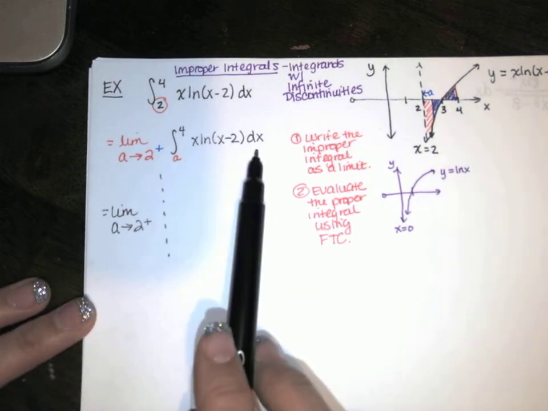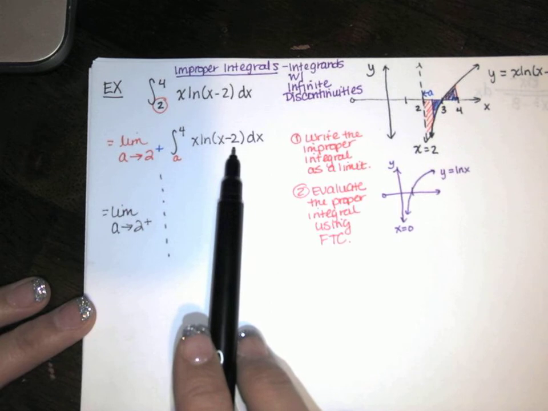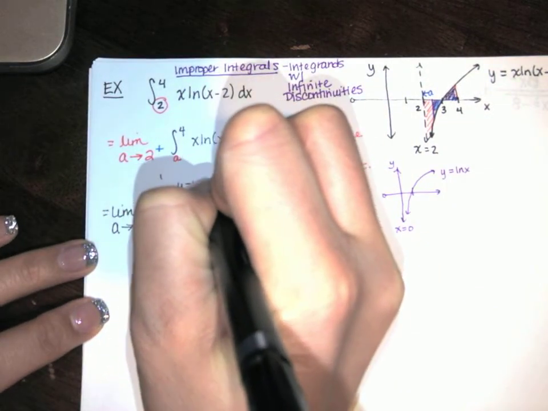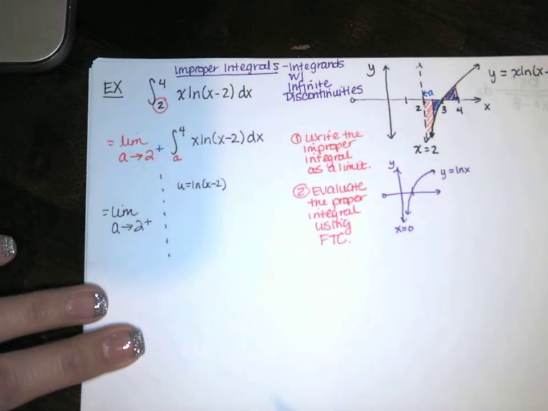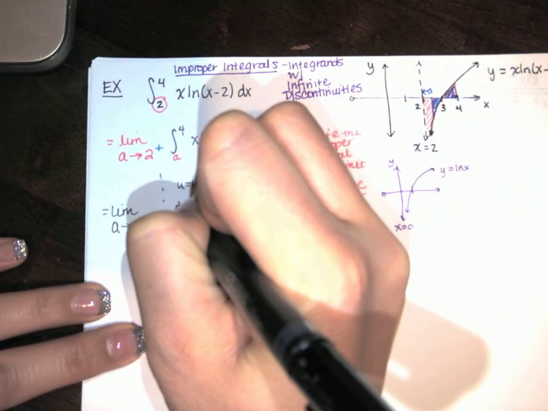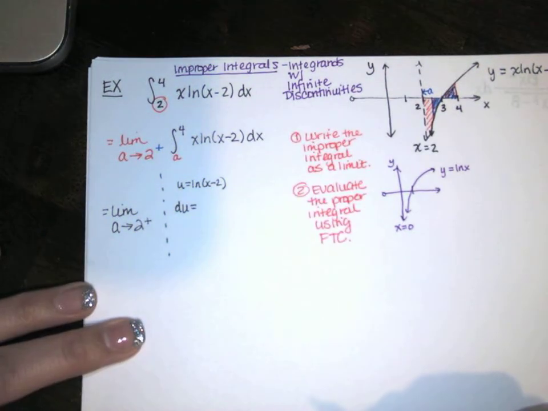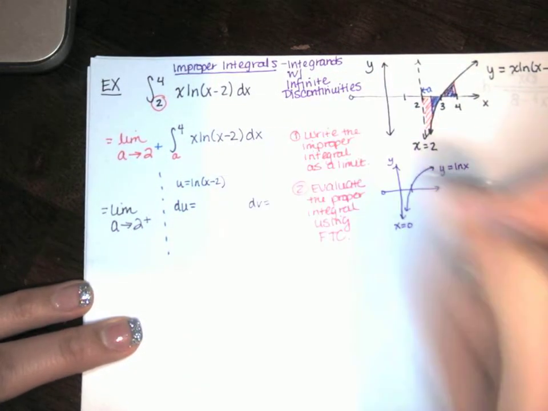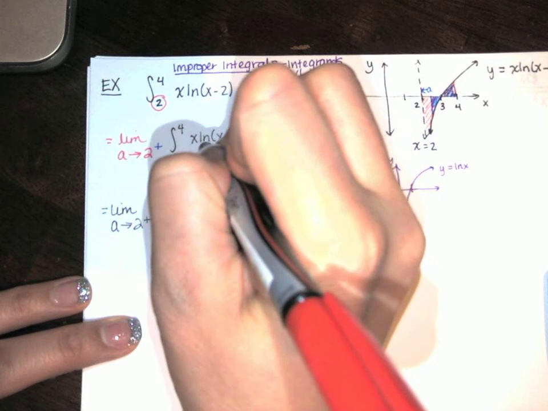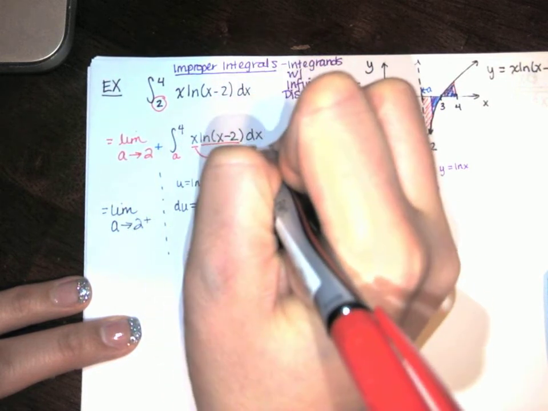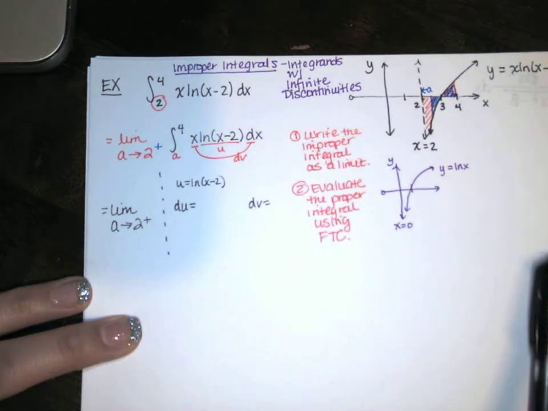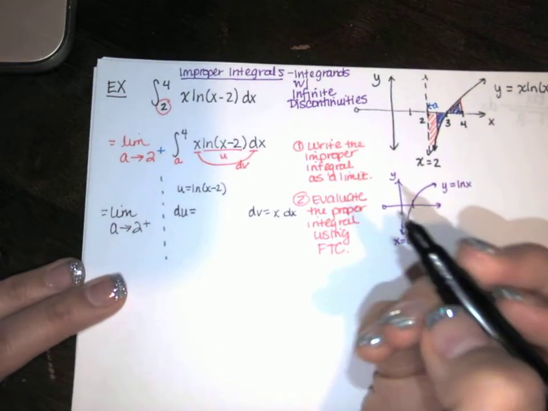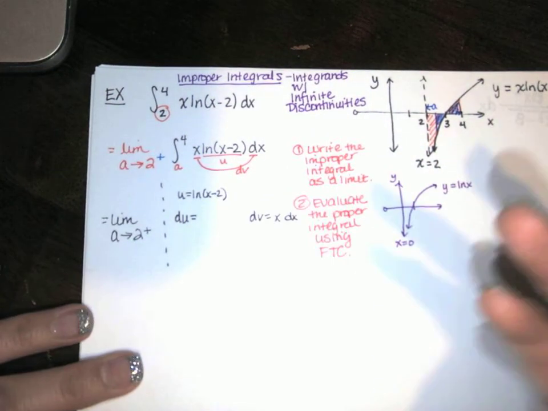And remember, with integration by parts, if there's a log function in your integrand, that's probably your u. So we're going to let u be natural log of x minus 2. We're going to calculate the du, that's the derivative times dx, and dv up here is everything else. Remember, with integration by parts, this is the integral of u dv. dv is x dx, and we will anti-differentiate x dx,